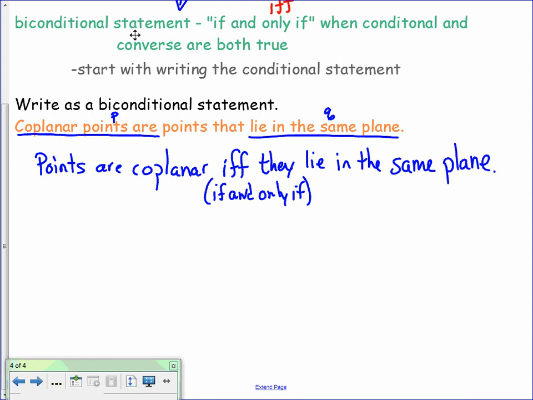And that would be your biconditional statement. Points are coplanar if and only if they lie in the same